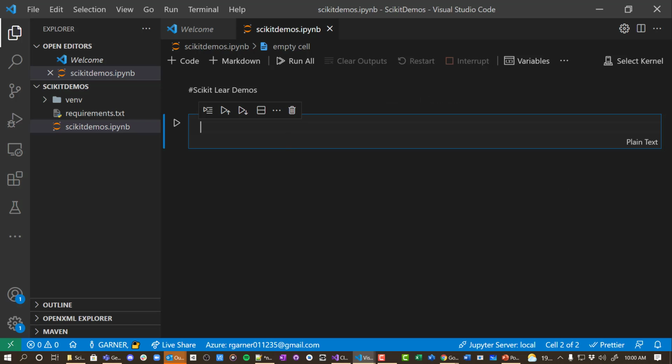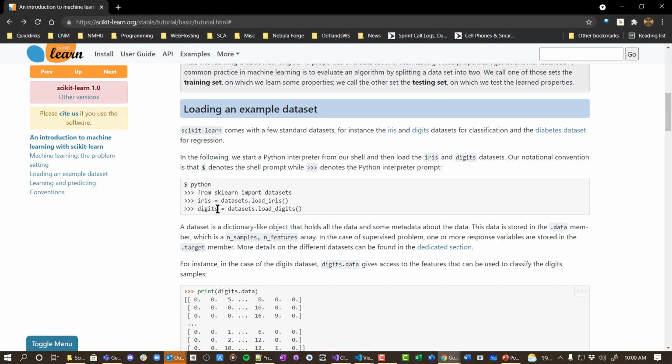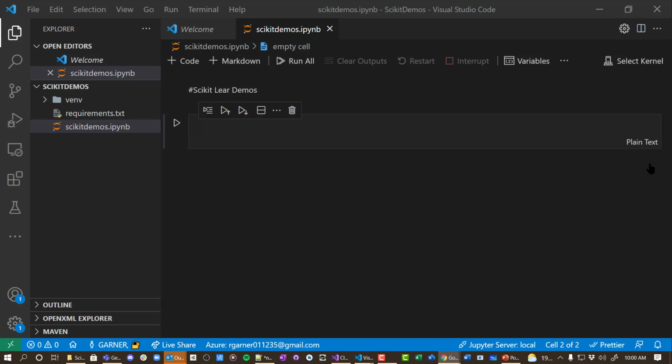So let's see, for our demo, in this introduction they have some tutorials. There's some standard datasets that are available to download from scikit-learn, and